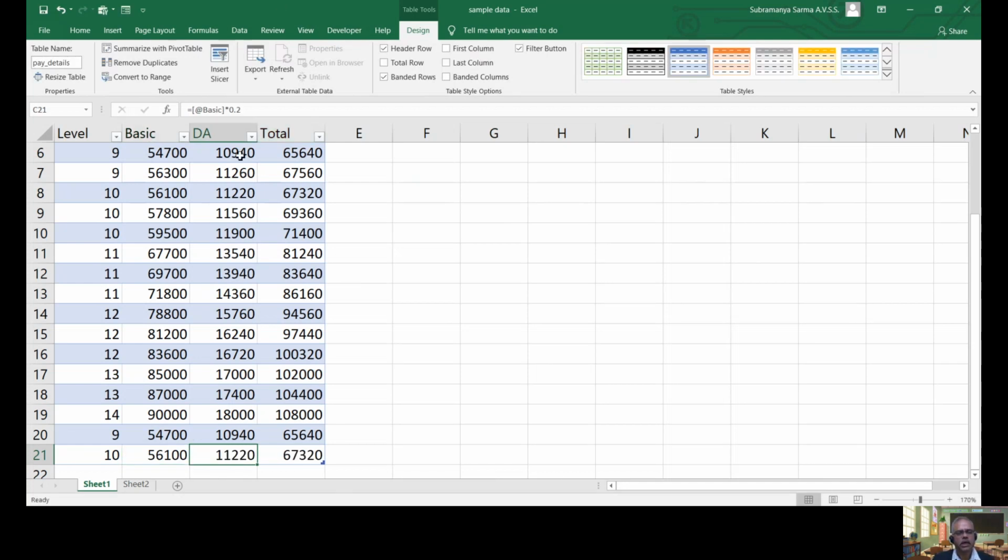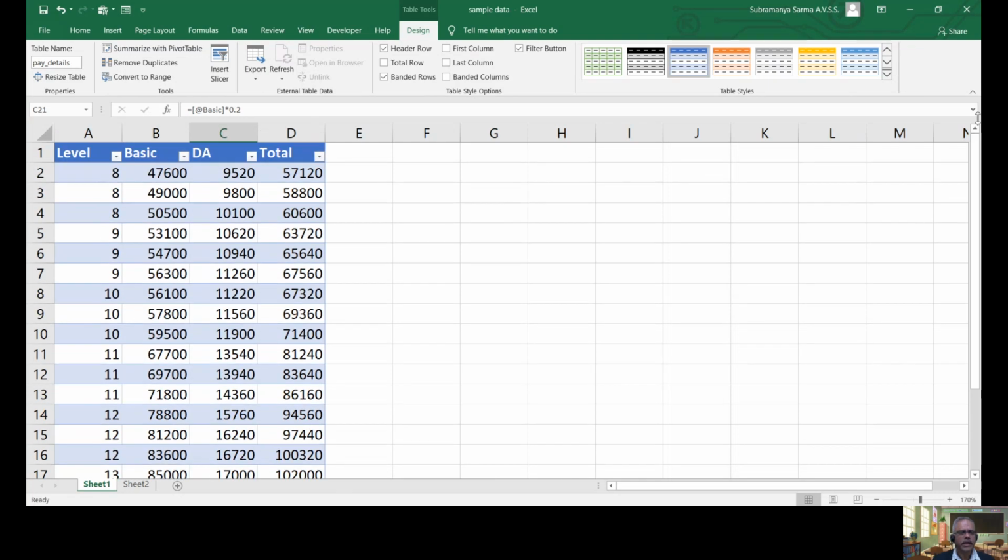Now I know that there are two duplicate records, but since we have added them intentionally, we can identify them. But if it is normal data and the data size is huge, it is very difficult to identify the duplicate rows, right? So here this table will allow us to identify and remove them, right?